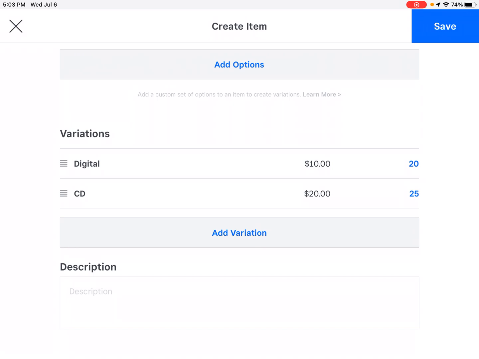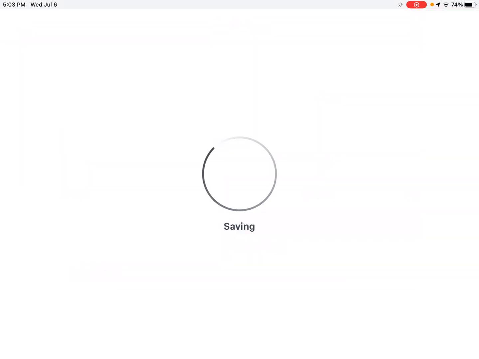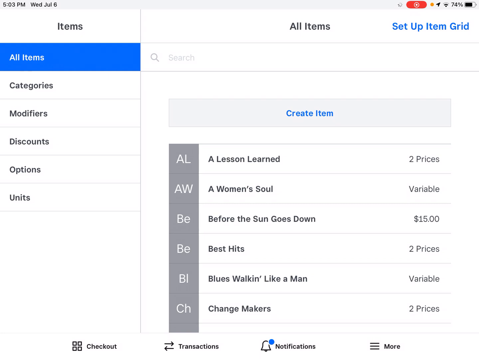At this point, you'll see the two variations, the digital and the CD, set up along with their individual prices and the quantity that the artist gave to the mercantile table. We then go up to the top and hit the Save button, which saves that particular item into the Square database. Now, as an example of having visibility and performing a sale on this particular album, select the Checkout